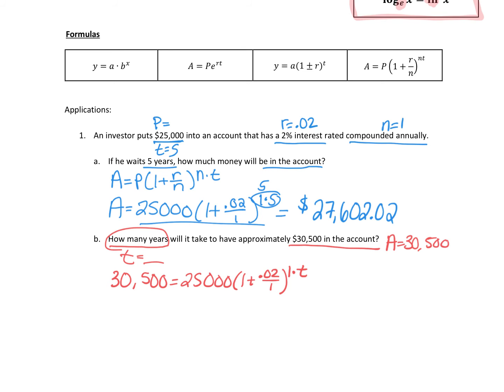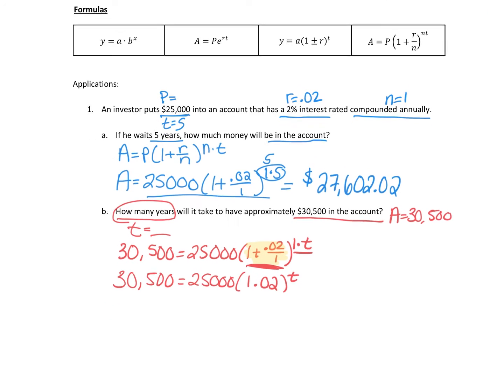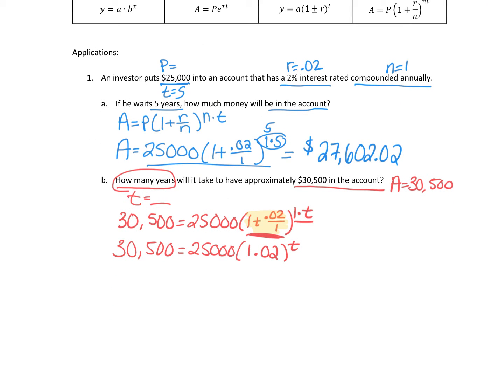So in order to solve for t now, I'm going to do some simplifying. So first I'm going to simplify what's in my parentheses here. So 30,500 equals 25,000, and I'm at 1.02, and I just type this in my calculator. And then 1 times t is just t. Now my goal is to get this part with the t alone. So to do that, I need to divide by this principal amount. So I'm going to divide by the 25,000. And when I do that, I'm going to have 1.02 to the t power here,